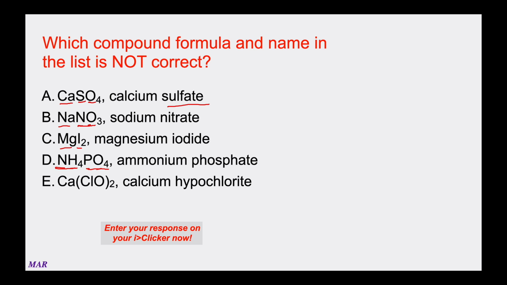But the problem here is that phosphate has a negative 3 charge, and ammonium, one of the few positive ones, has a positive 1 charge. So if you put a single positive 1 ammonium next to a phosphate, you're not going to get a neutral compound, something without a charge. And that's really important in this section, to have things that are neutral. So ammonium phosphate is not